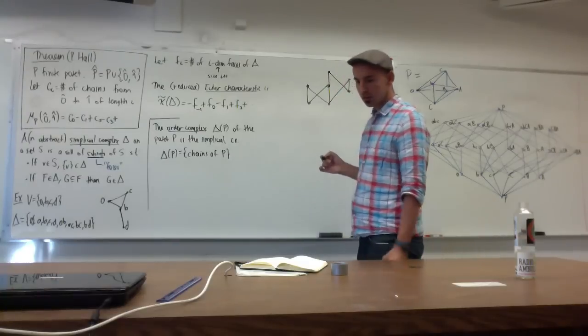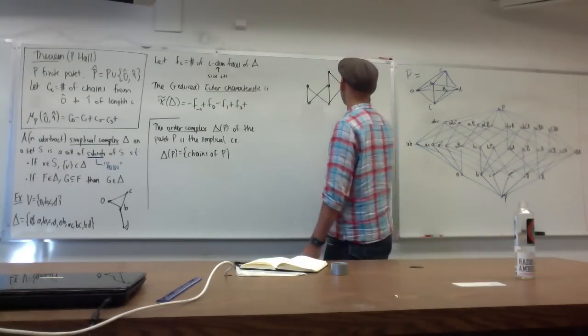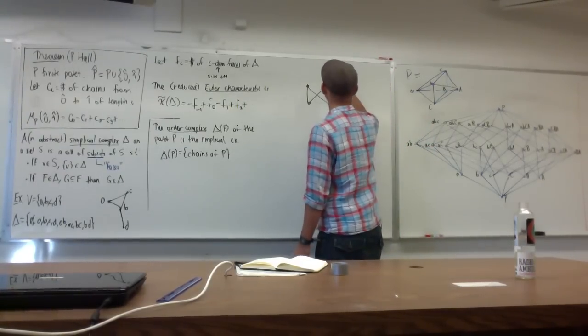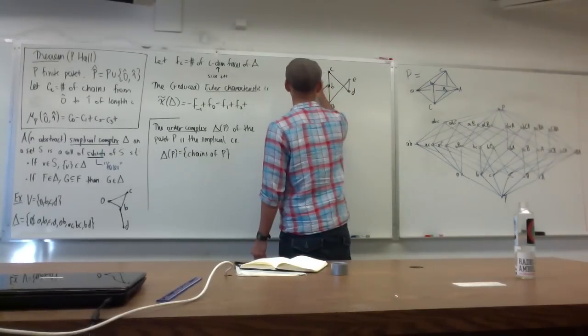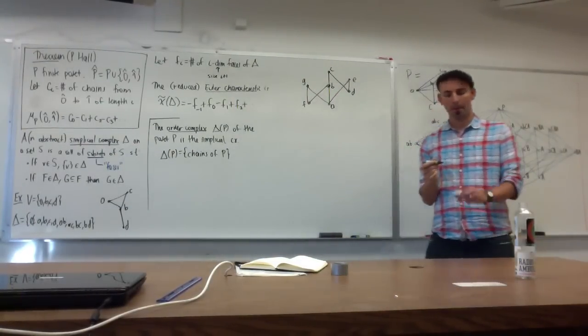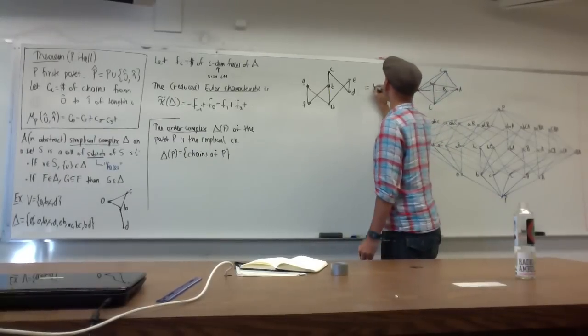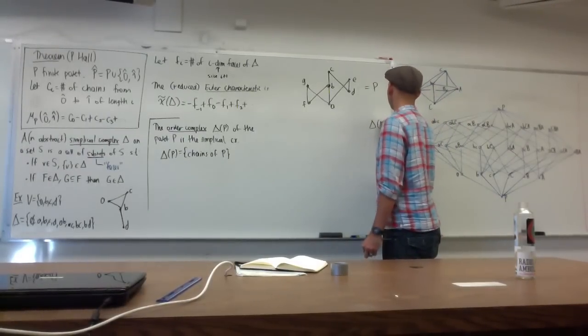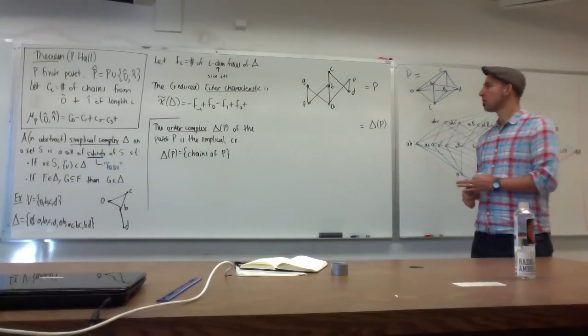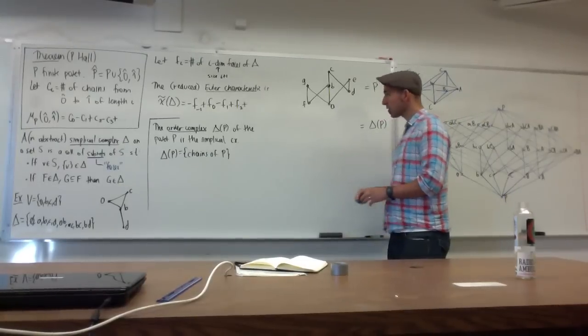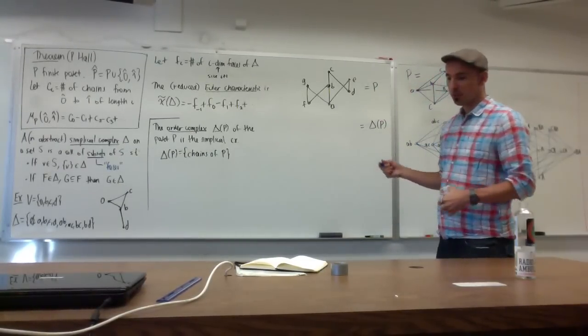Okay, that's a poset. We're going to call the elements A, B, C, D, E, F, G. Okay, this is my poset. And now I'm going to build the order complex. So in the order complex, I'm going to have